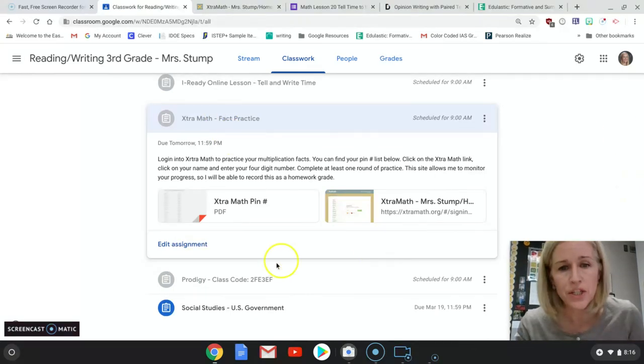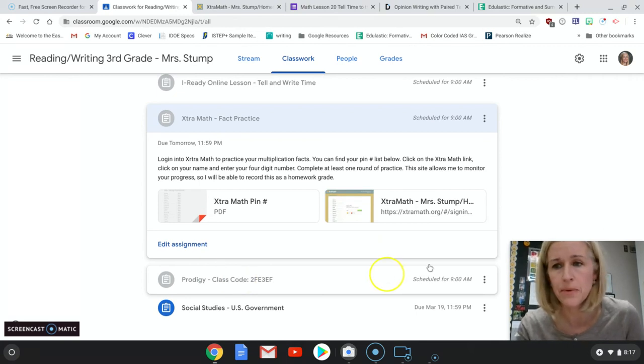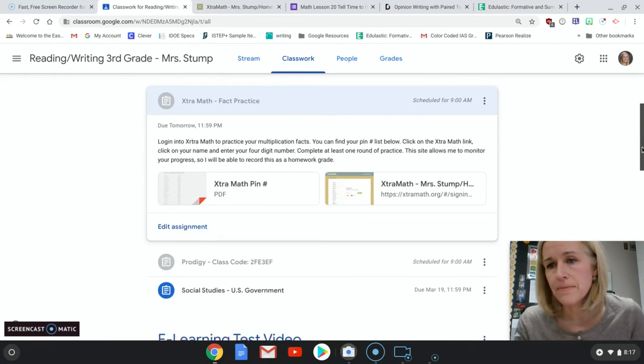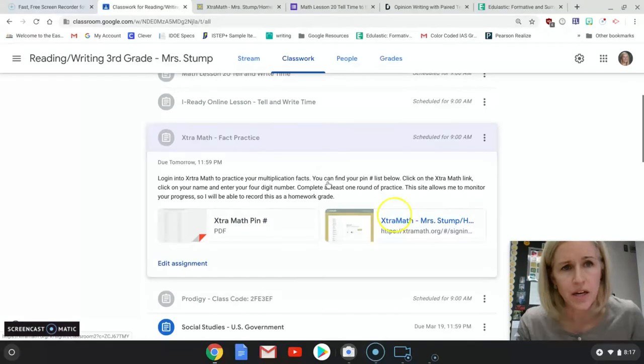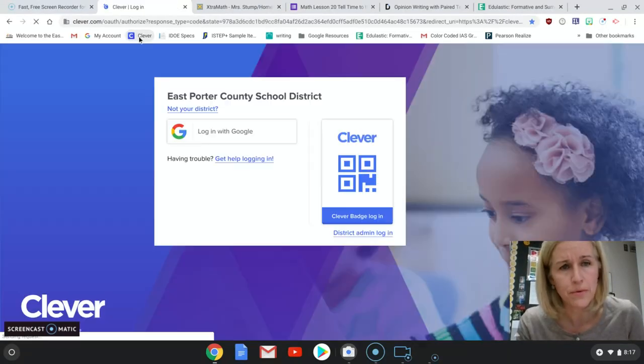For right now, Prodigy is optional. If you haven't joined it, here's our class code. It's an excellent way to keep up on math, and it's fun. There are games that go with it. You can also access extra math through our Clever account.